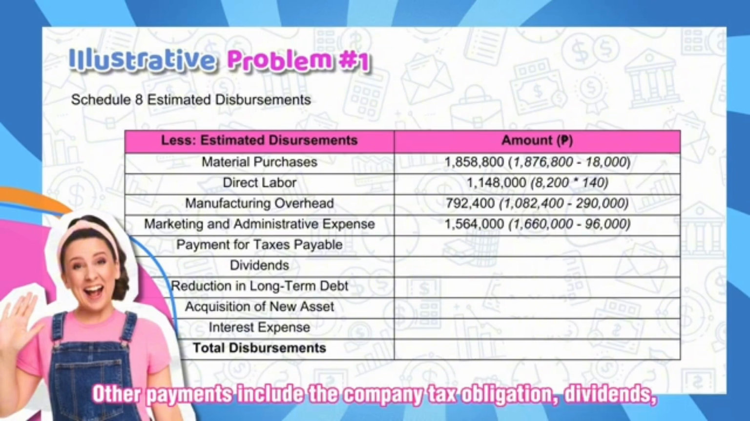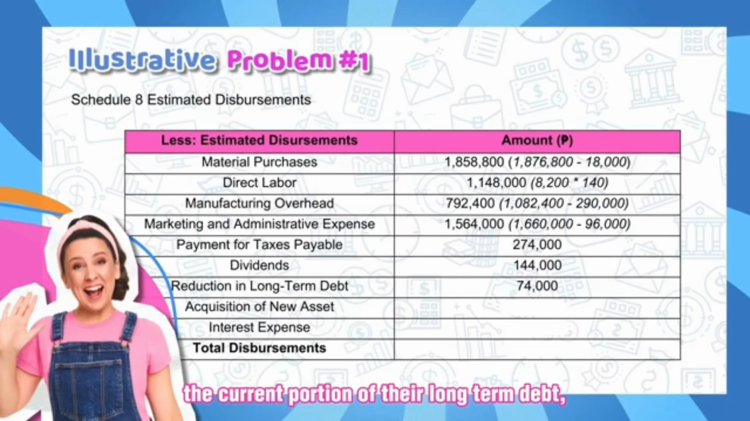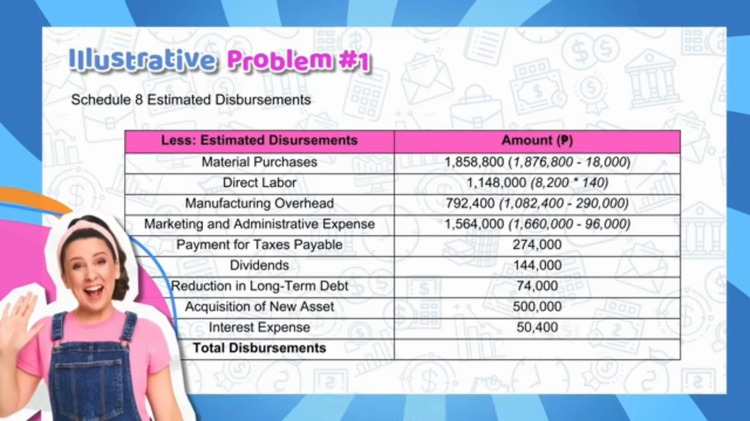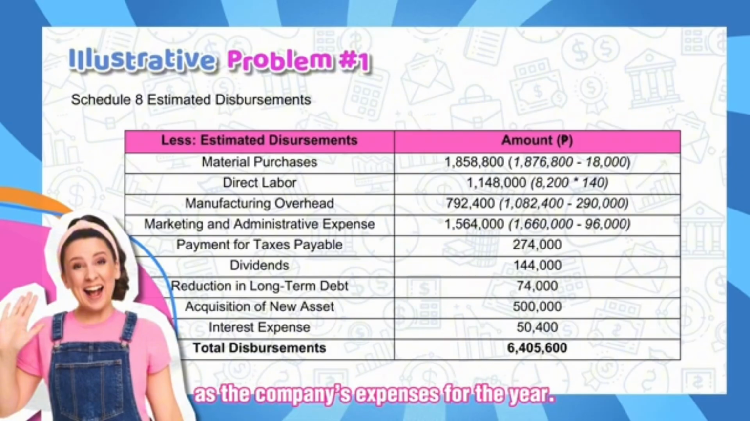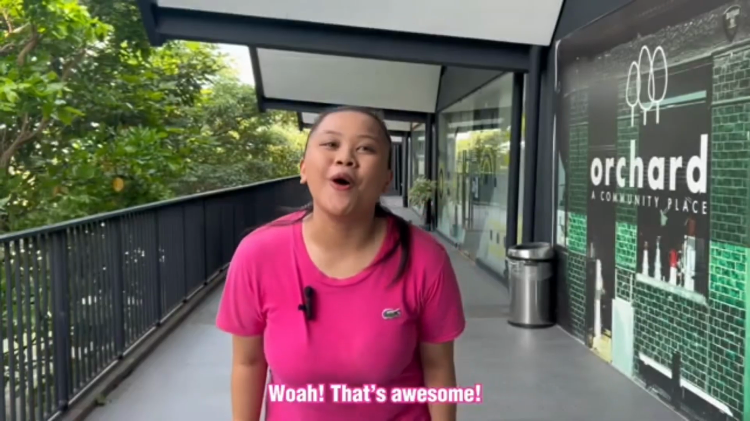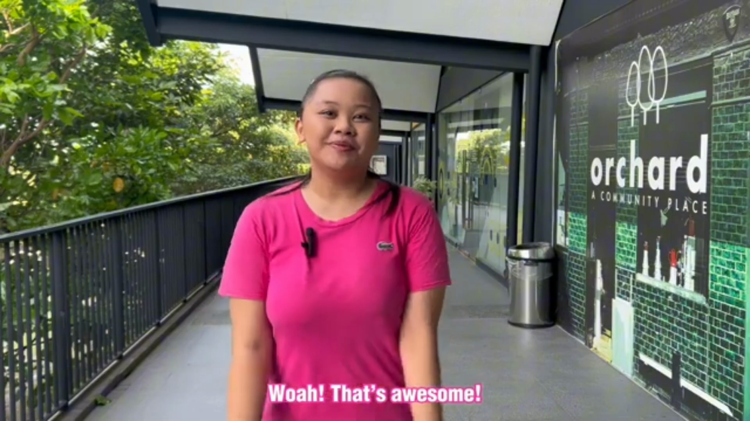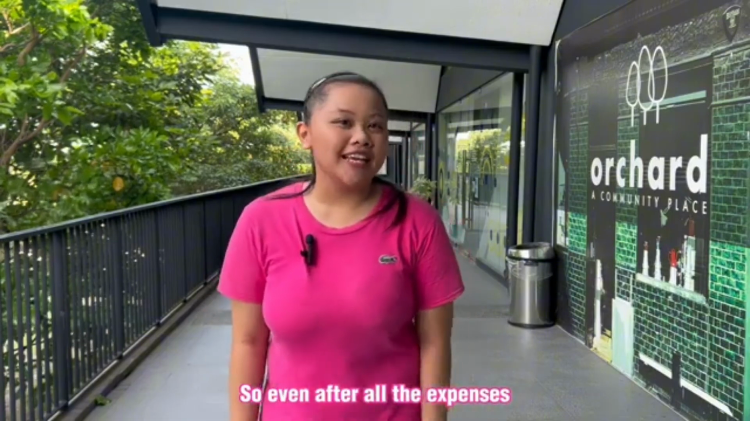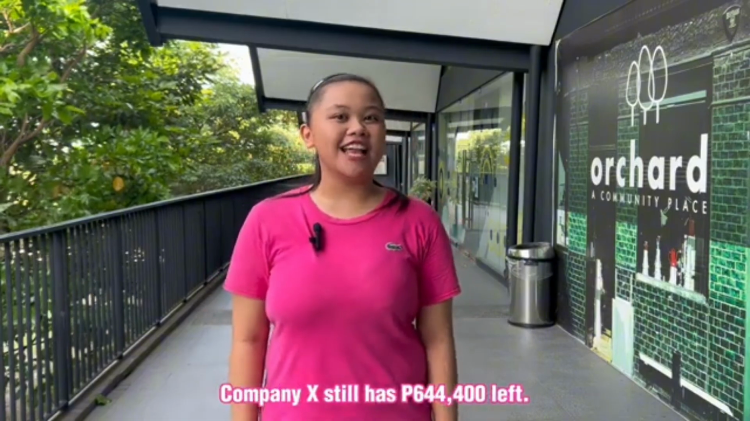Other payments include the company's tax obligation, dividends, the current portion of their long-term debt, payment for new equipment, and the payment of interest on their loan. We now have 6,405,600 as the company's expenses for the year. Deducting that from the available cash gives us a total of 644,400. Whoa, that's awesome! So even after all the expenses, Company X still has